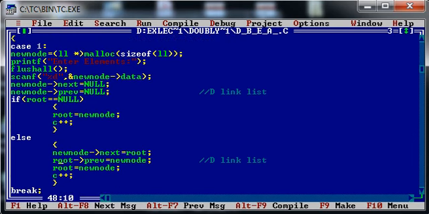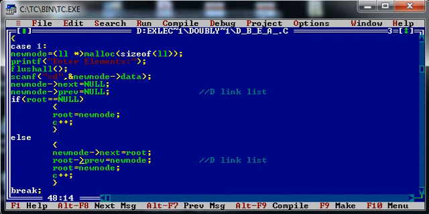We have to set the address of the root node to the next part of the new node, right? It means this newly created node will be added in the beginning of the doubly linked list. Fine.